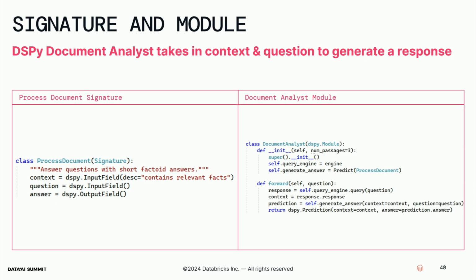So remember when you were first learning object-oriented programming, classes could be like nouns and the methods were like verbs. Well, here, when you're thinking about defining your modules, think about nouns, think about analysts, think about people who might have done this task in times prior. So it begins by querying the relevant data, then uses the extracted context along with the question to generate an answer. Finally, the module combines the context and the predicted answer to produce a structured response.